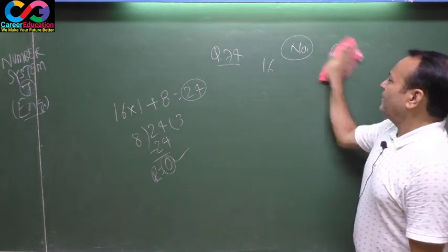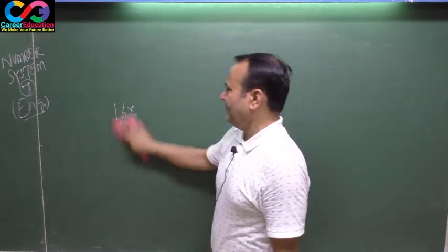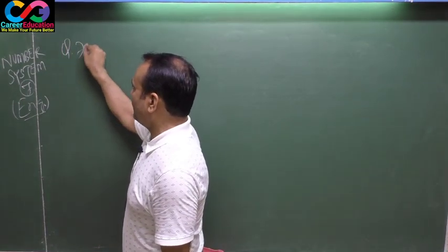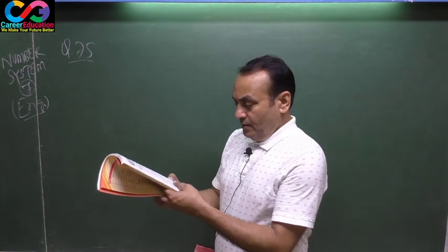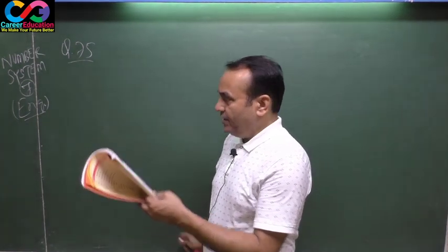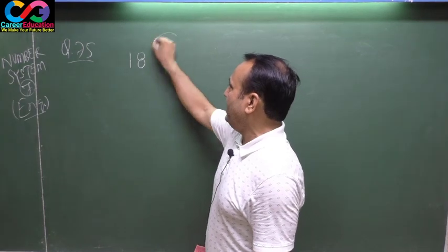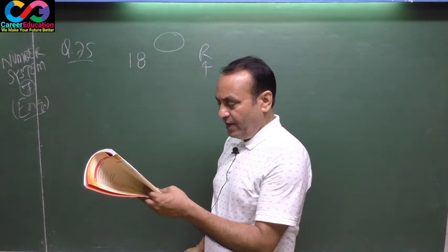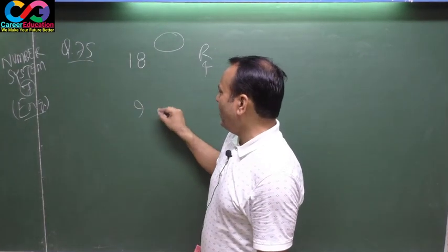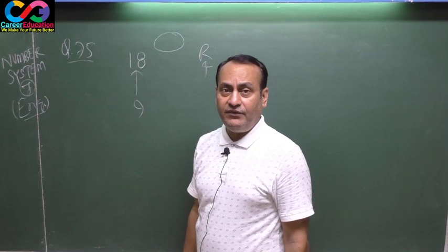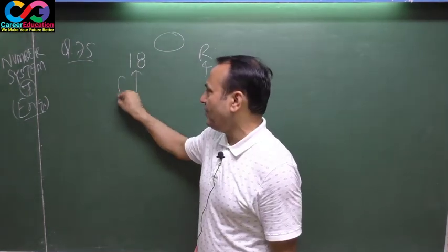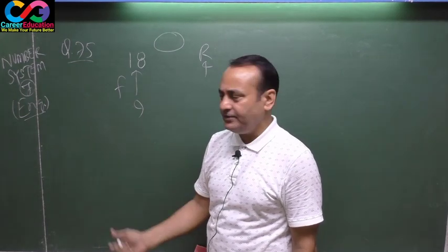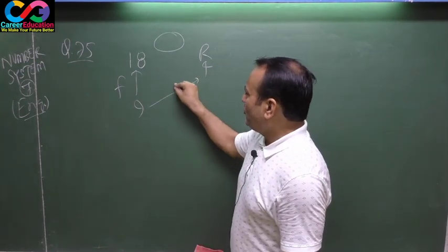Now, coming to question number 75. See here. If a number is divided by 18, the remainder is 4. And the same number is divided by 9, what will be the remainder? Firstly, you have to see that 9 is a factor of 18 definitely, as 18 is completely divided by 9. That is called a factor. Now you have to proceed here.